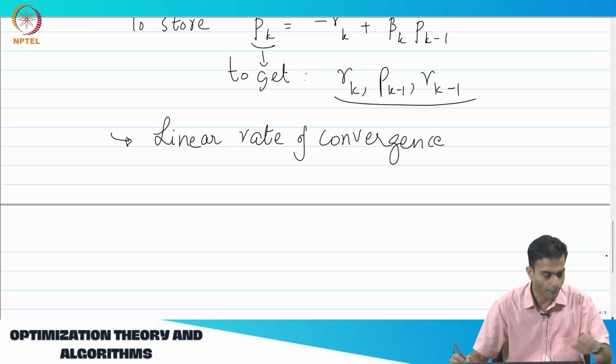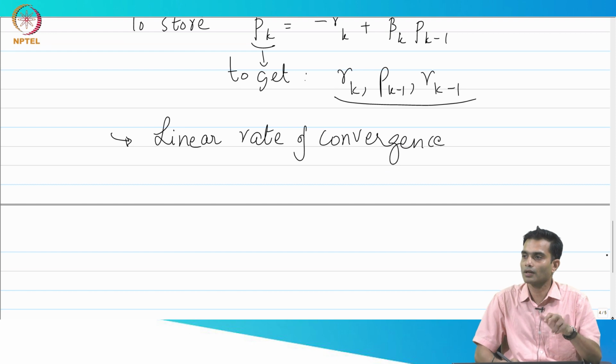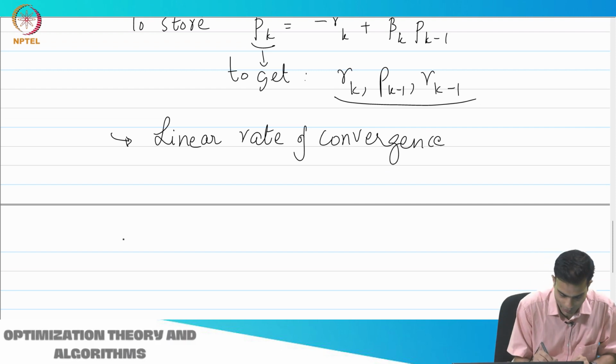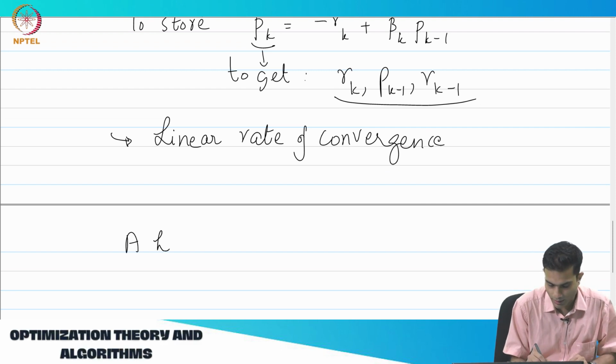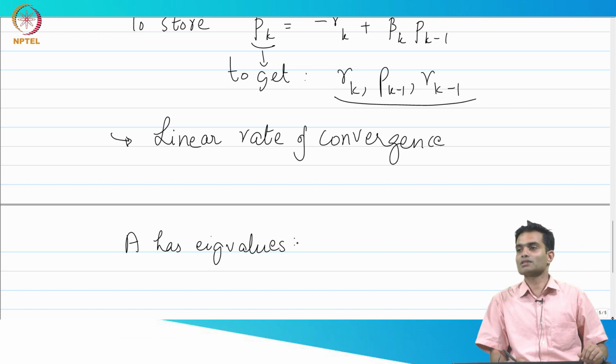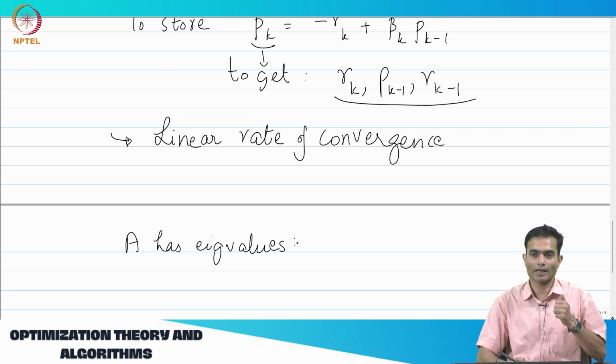Okay. Now, apart from just saying that it has a linear rate of convergence, there are some interesting rates over here, which we'll have a look at in the analysis. Let's assume A has... Remember, we said that it converges in at most n steps. That's very tempting. At most n steps means, can it be faster than n? There is a theorem which tells us when it can be faster than n, which is again very nice